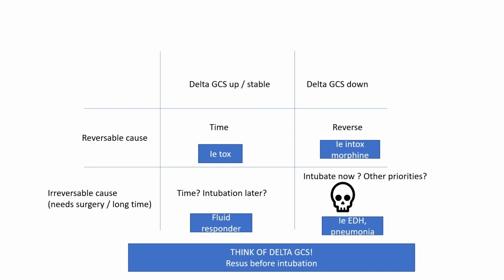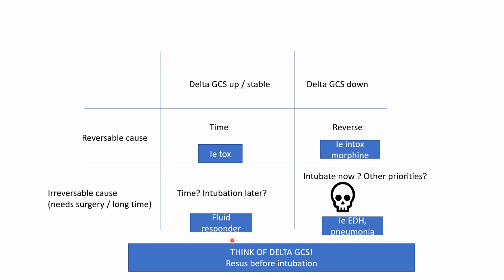Okay, it might also be your pneumonia. They're not getting better, like a severe pneumonia where you have like 15 liters of oxygen, and they're really in a bad way. Well, they're not getting better. You might be able to give them a little bit of resuscitation, or a lot sometimes. But if they're becoming worse and worse, then you don't have much choice but to do something now.